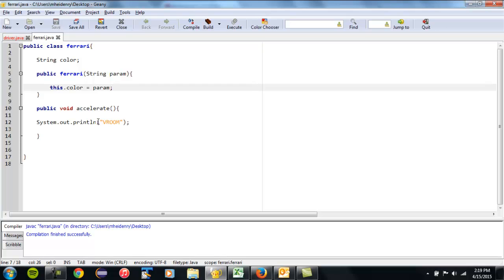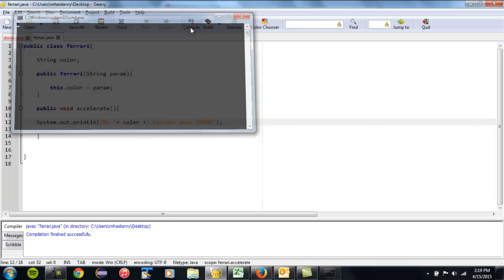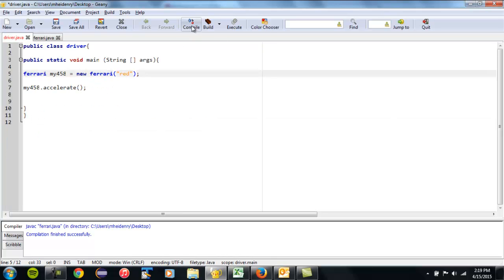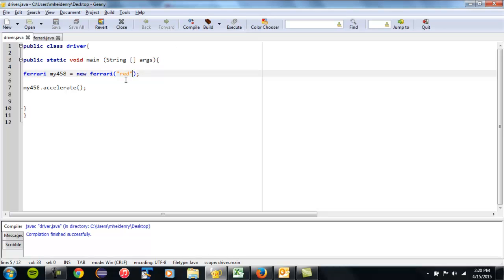So I can put this to use by saying my Ferrari goes vroom. Compile that and execute it. My red Ferrari goes vroom. So the default color. If you wanted to change colors,